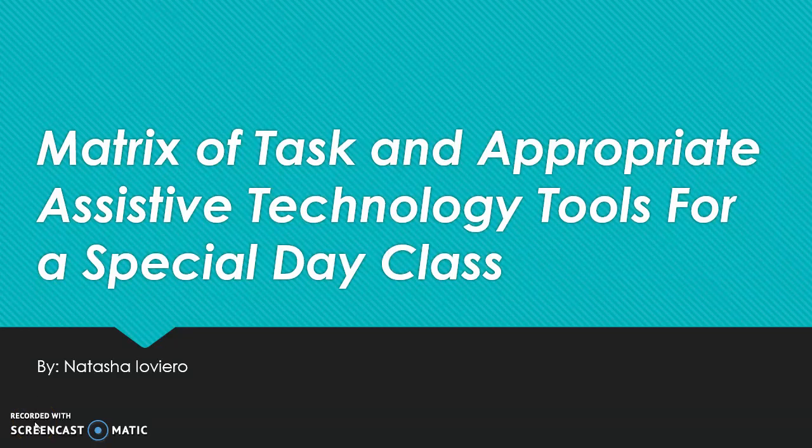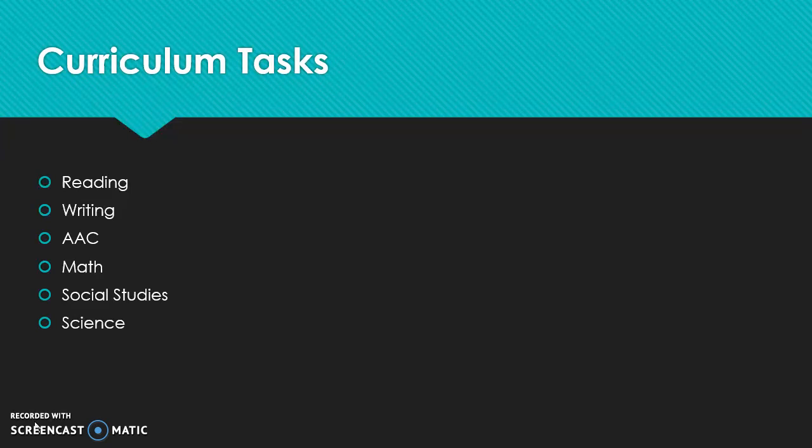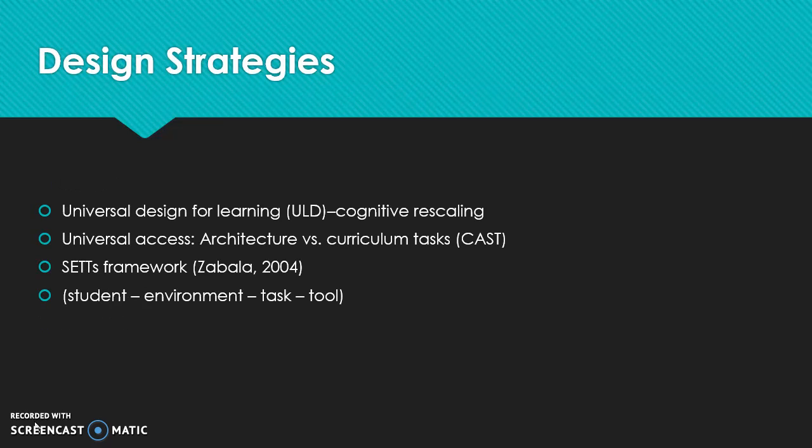The assistive technology tools that I selected for my matrix were specific for my setting as an SDC teacher. The curriculum tasks addressed were reading, writing, communication, math, social studies, and science. The design strategies were consistent throughout, which was universal design for learning, universal access, and most importantly, I believe, the SET framework. It's important to consider the student, the environment, and the task before selecting the tool,